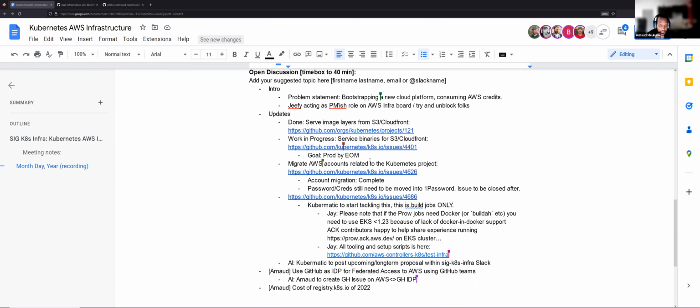Yeah. But also if the choice is Kubernetes working on EKS build clusters for you or Kubernetes working on IDP, I'm going to say the build clusters, right? I just want to make that clear. Yeah, I think the priority is basically the build cluster. That's the priority. The second thing is like,